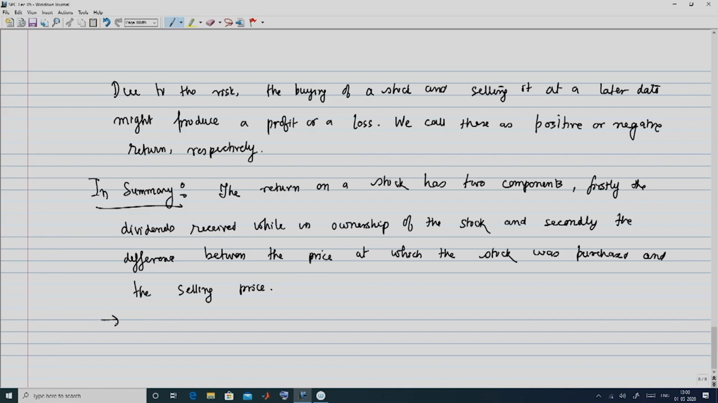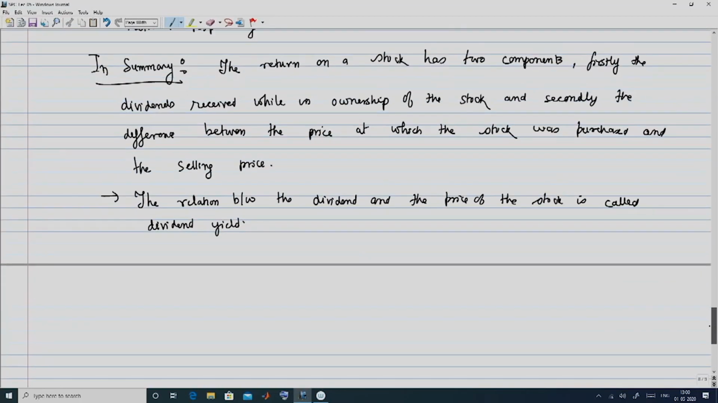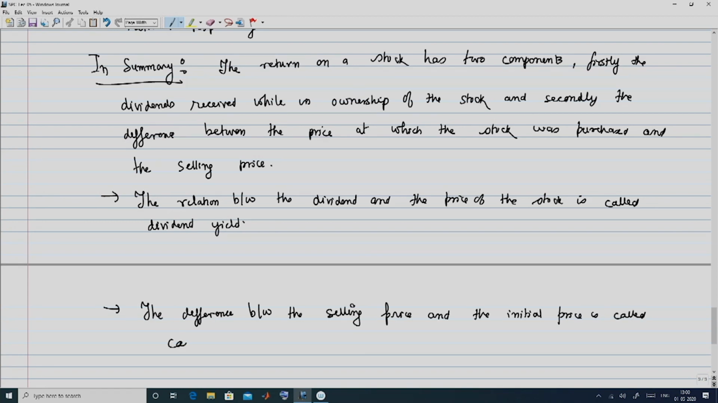So, the relation between the dividend and the price of the stock is called dividend yield, and secondly, the difference between the selling price and the initial price at which it was purchased is called capital gain